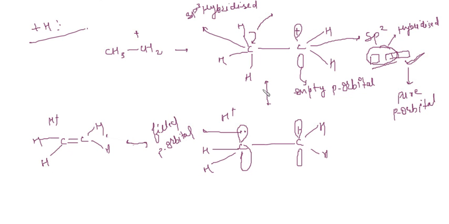So again, if we see, this is a resonance again. Okay, but here what bonds are taking participation in resonance? Sigma. This is a sigma bond and this is a pi bond. That's why it is known as sigma pi conjugation, because here the sigma bond has taken participation and pi is also